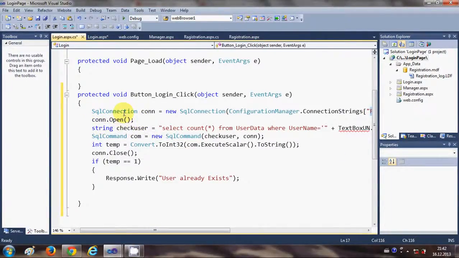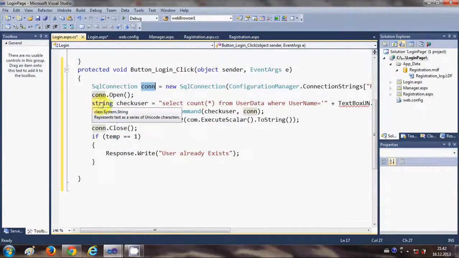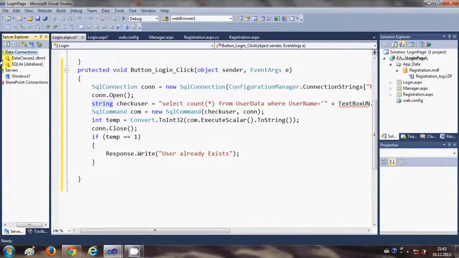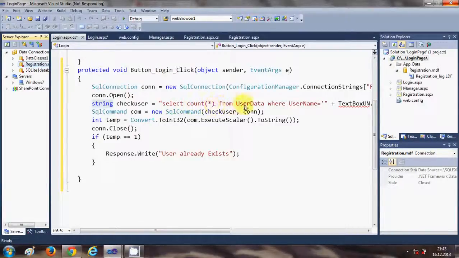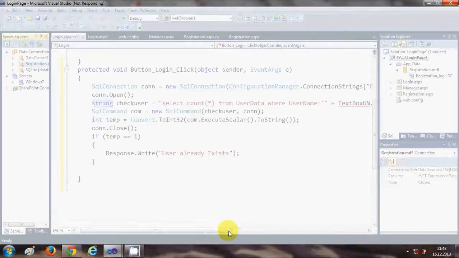And now we will open our connection with the database. So write con.Open, and in the next line we prepare our query. So I will write string checkUser is equal to, and this is the query which we have. Let me open this Server Explorer so we will see the database also at the same time. So I will write here select count, and in the brackets I will say star from my table name. So this is my table name from the database, where username is equal to,